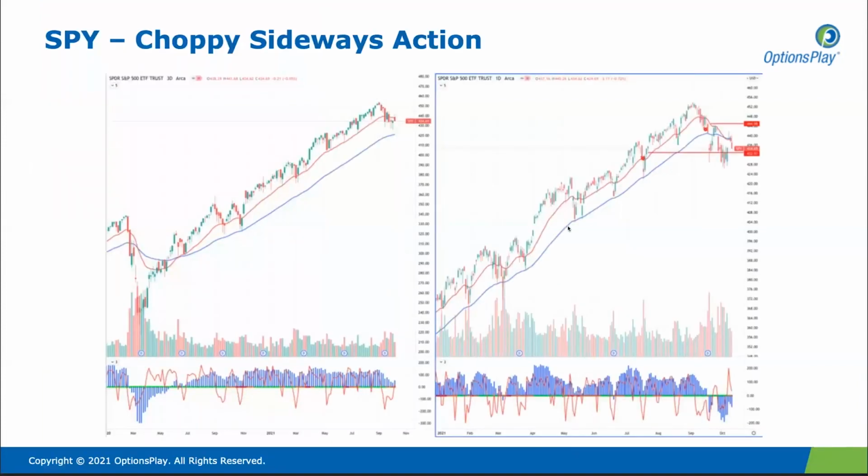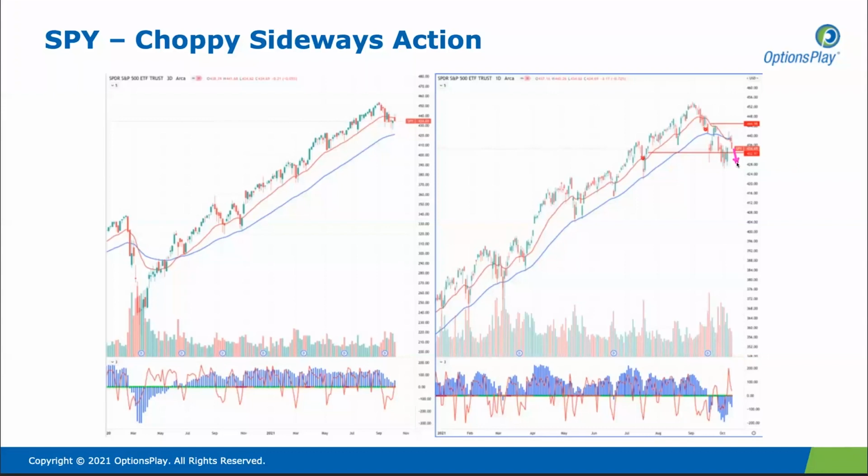So when we start off by taking a look at the S&P 500, what we see here is a very clear uptrend. Now, when we look at this uptrend, what has been recently challenged has been the short-term moving average. It has broken below it and recently was rejected at that level again. And if we look at the daily chart, we have multiple rejections at the 21 and 50-day moving averages. But I will say we still have some support coming in around 428 or so.